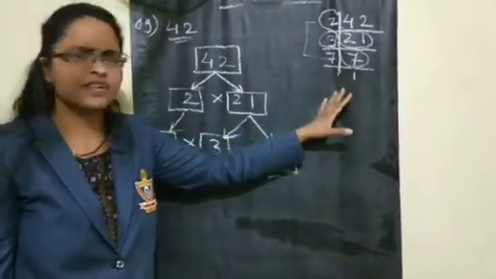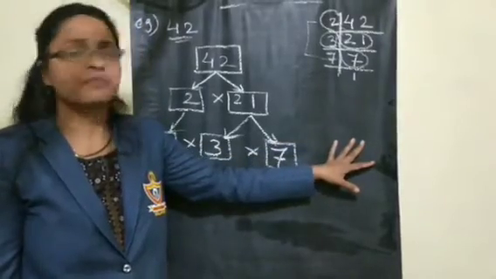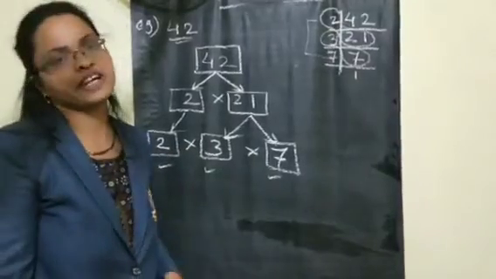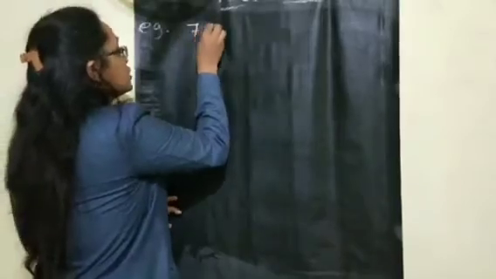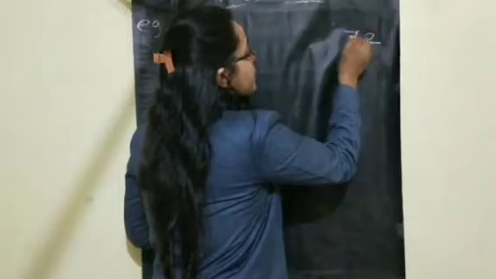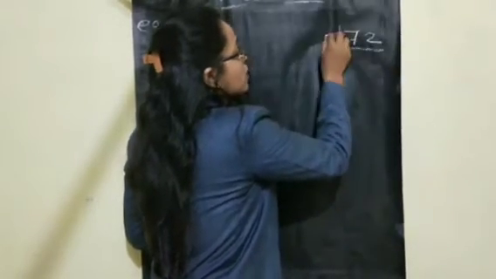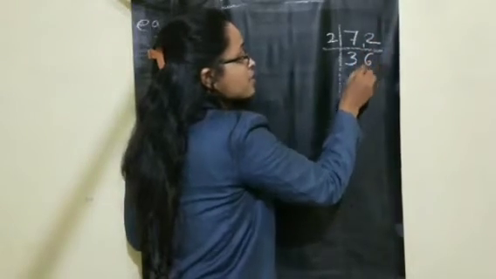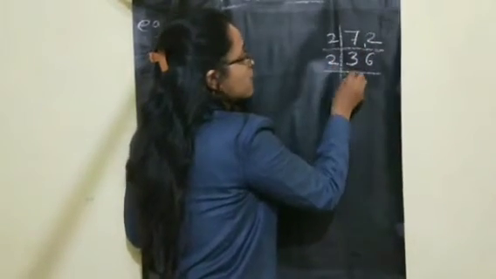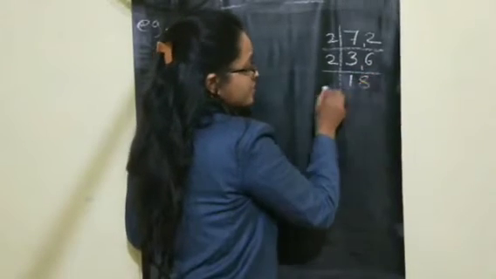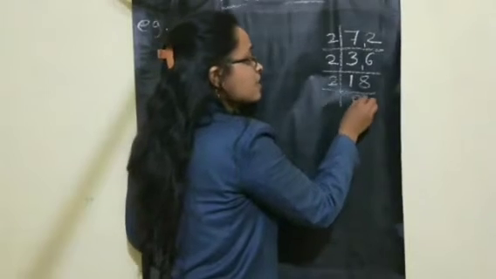If you write prime factors sidewise easily in the rough work, then by observing it you can easily draw your factor tree. Understood? 72. So to draw the factor tree for 72, children, first in the rough side please write your factorization and keep it properly. So 2 3s are 6, carry 1, so this becomes 12. 2 6s are 12. Then 2 1s are 2, again carry, this becomes 16. 2 8s are 16. Then 2 9s are 18.